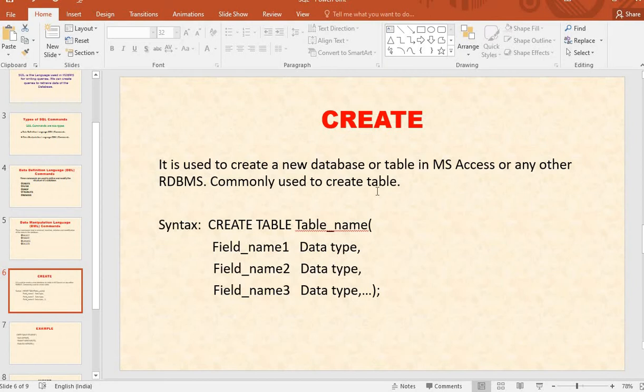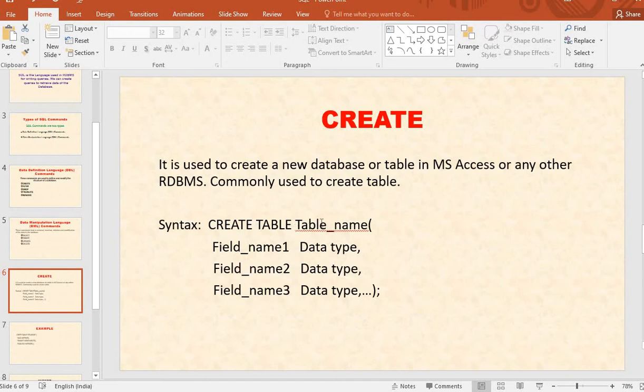Now I am opening Access software to create a table. How will we create a table? I will show this command. See here, this is the syntax. Create table. Create, this is the keyword. This is reserved. You have to use this keyword. Create, and after that table. You have to give a single character space in between these two words. Create space table space table name.